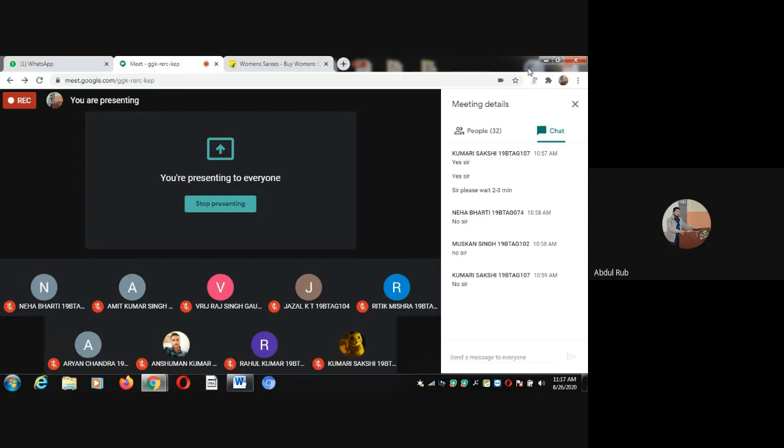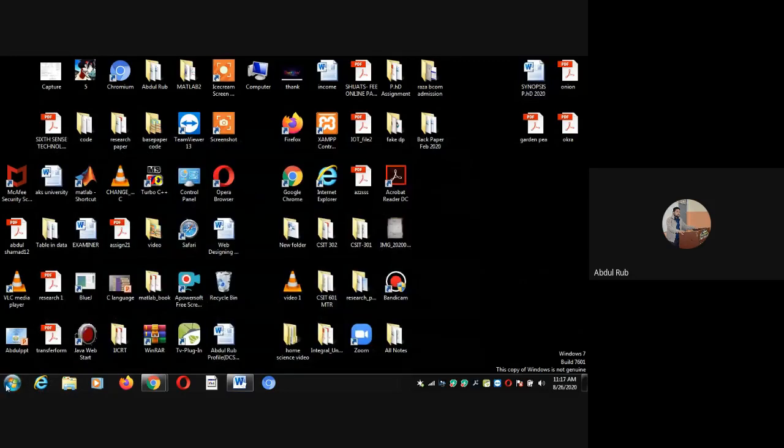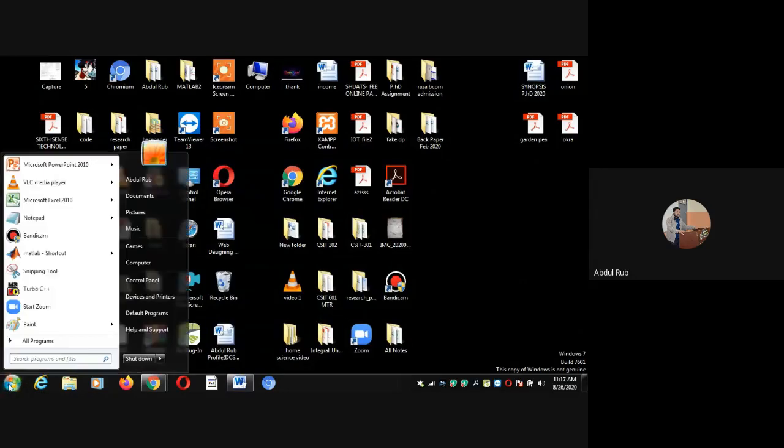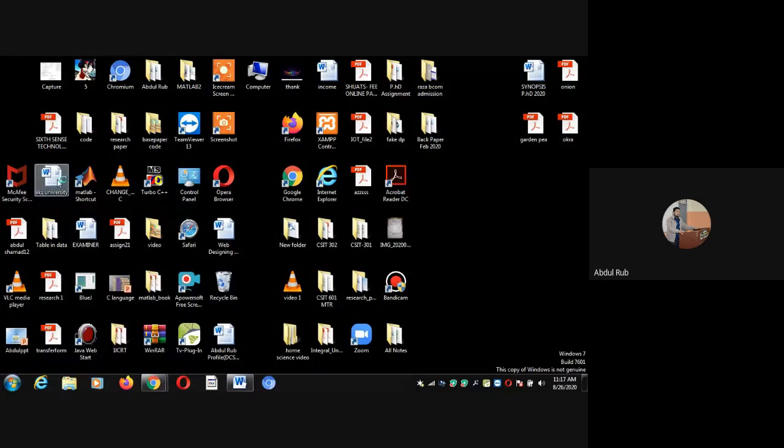So I'm minimizing this one and going to the editor, Notepad. I have to check whether Notepad++ is installed on my laptop or not. I'm searching for Notepad++. It's slow. Only Notepad is installed, not Notepad++. Okay, so I open the Notepad editor.